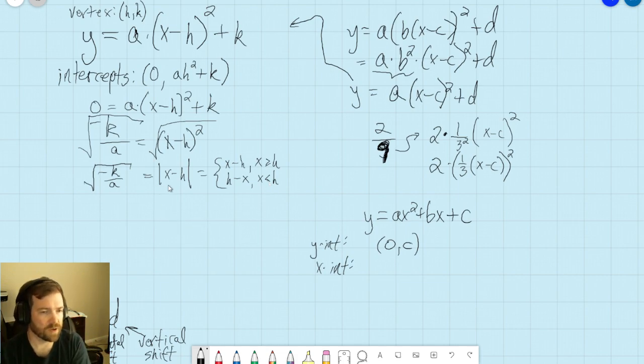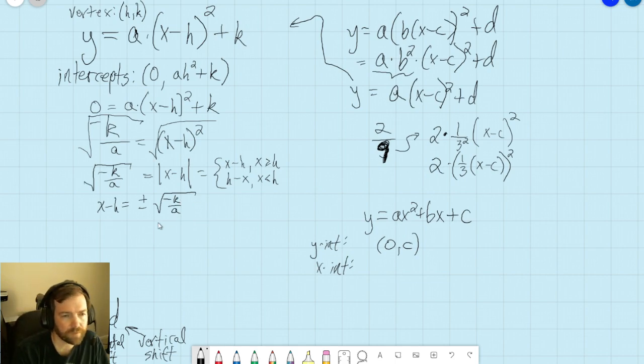The stuff on the inside, x minus h, could either be positive or negative. We don't know which. So that means x minus h will have a value of either the positive or the negative square root of negative k over a. Then we're going to add h to both sides, and we get x equals h plus or minus the square root of negative k over a,